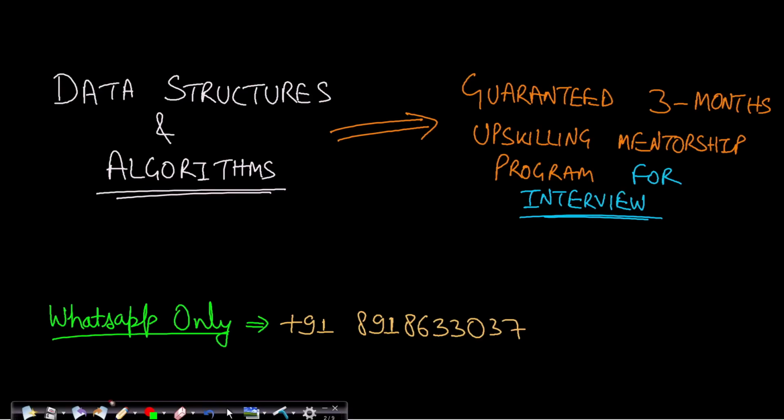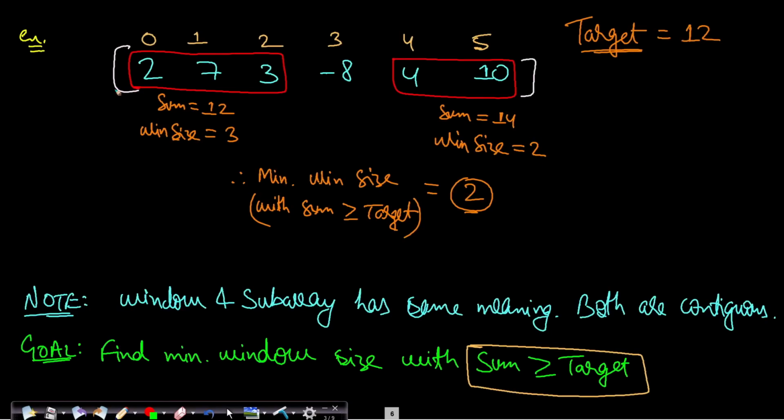Let us look at an example for some better understanding. In this example, I have taken indices 0 to 5, which is 6 elements, and there can be multiple windows where the sum is greater than equals to my k value, which is the target value. In this case the target value is 12. I have drawn only 2 windows of smaller size, and there can be other windows with sum greater than equals to target. In the first window the sum is 12, which is greater than equals to target, and the window size is 3. In the second window the sum value is 14, which is again greater than equals to target, and the window size is 2.